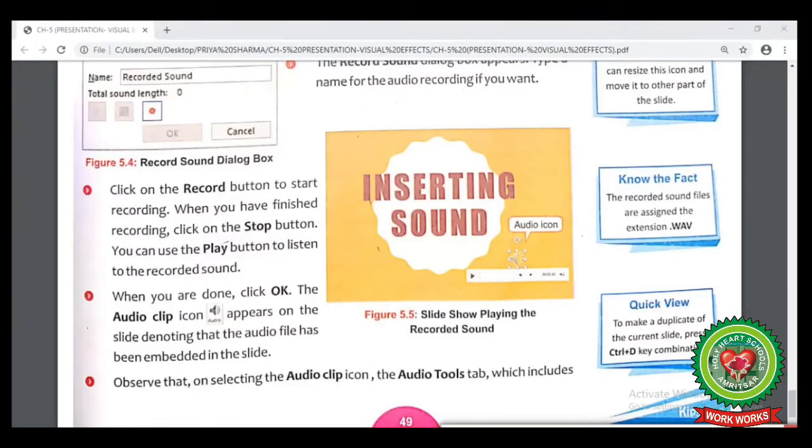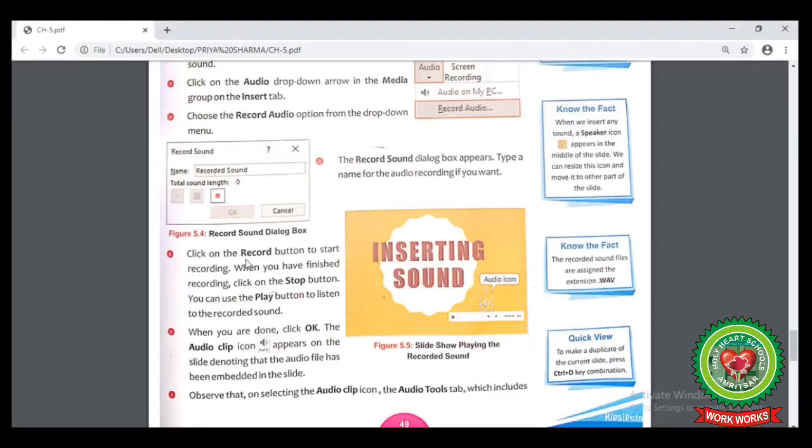Now look at your book at page number 49. You can see here in this point, we have used the record button to start recording. We have used the stop button to stop the recording, and we have used the play button to listen to the recording. After recording, we have clicked on OK button.